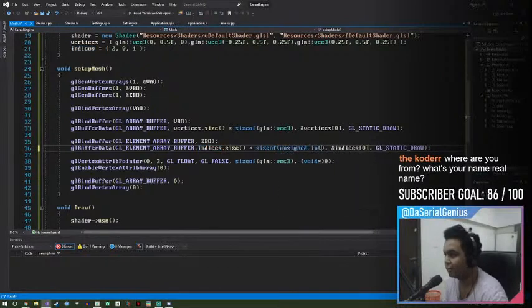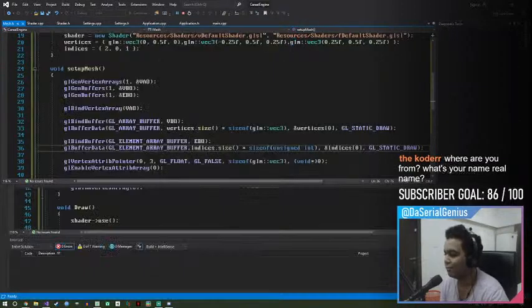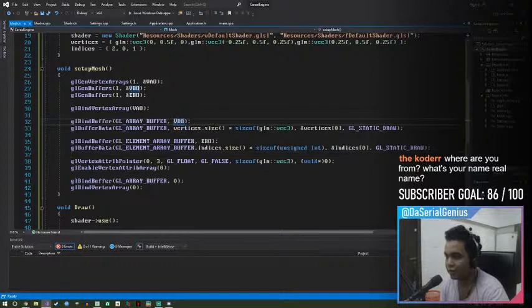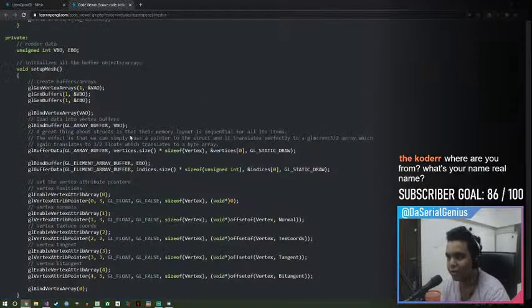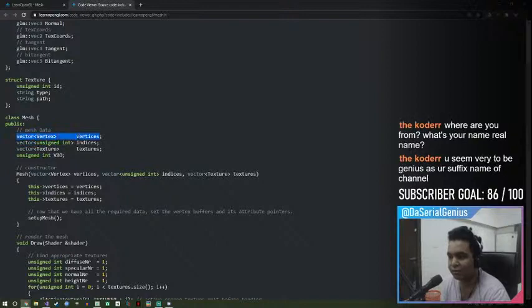Unsigned int. It didn't work. Goddamn. In the VBO, I put in the vertices. Am I putting this right? I'm doing exactly what they're doing. I even used a vector. Just instead of one vertex,